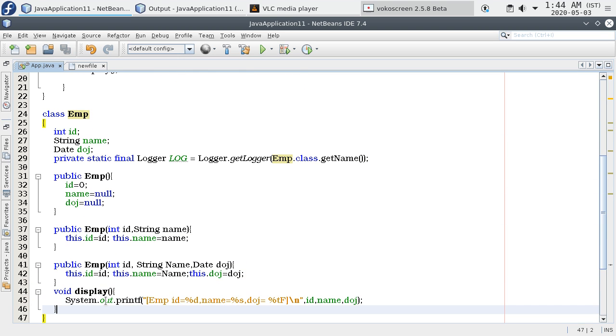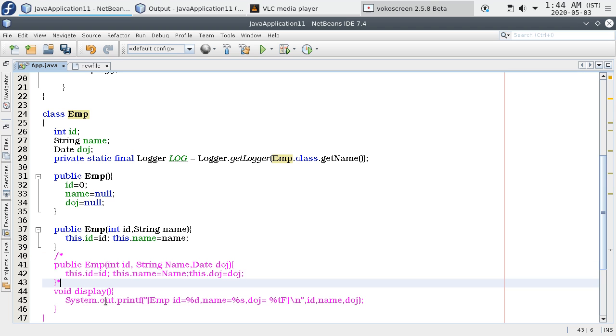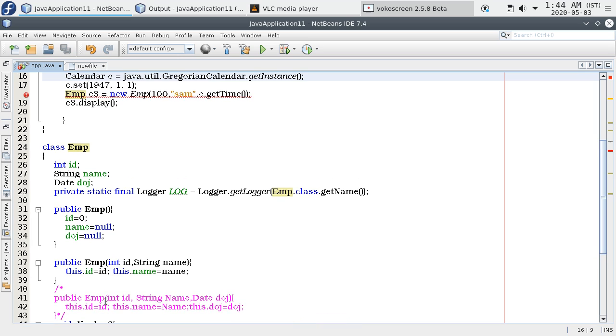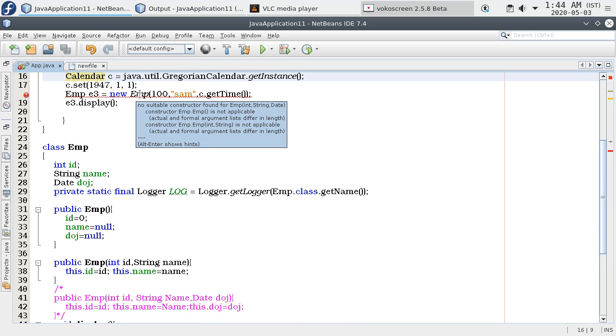If you comment it out, it automatically shows a red line here because there is no constructor which takes 3 parameters. Right? It found only the constructor which takes 2 parameters, that is int and string.